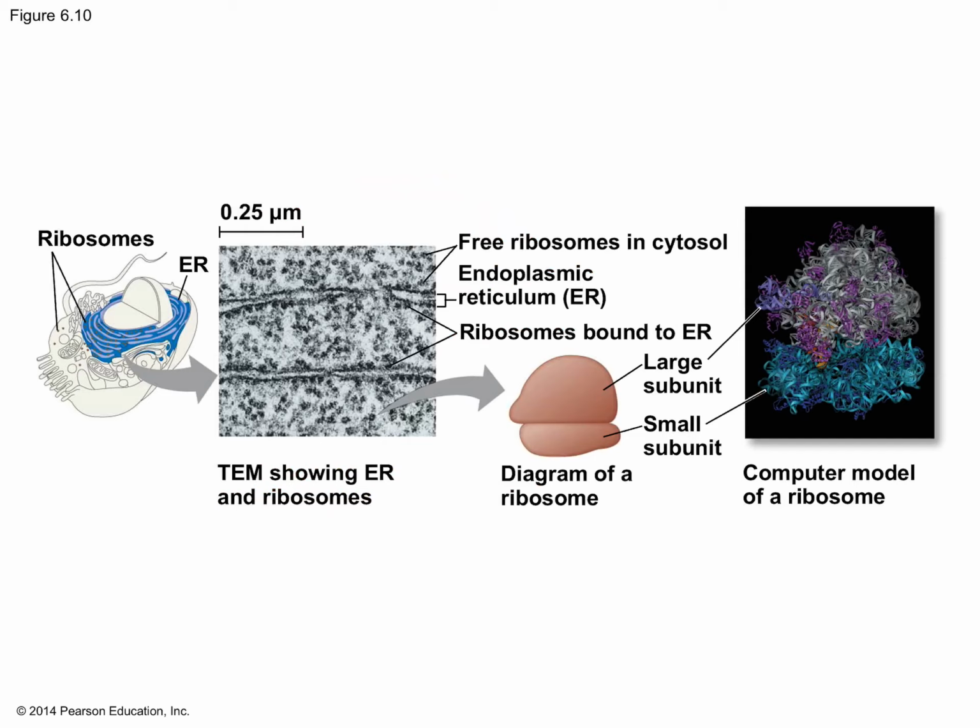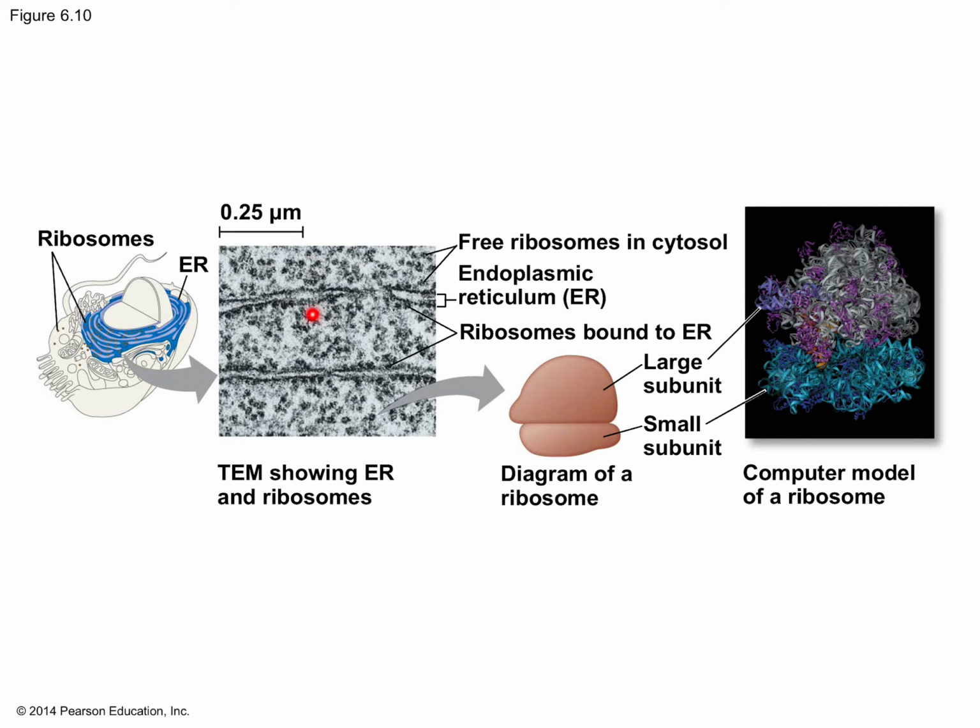Okay, let's take a look at the ones that you see in particular on the rough ER. So again, we're seeing the rough ER now highlighted in blue. If you take an electron microscope view of that, you can see these jelly roll layers, right? These are the layers of the membrane. And look at all these dots. These are ribosomes. Now, how they know which ones are free and which ones are bound, you can't really tell